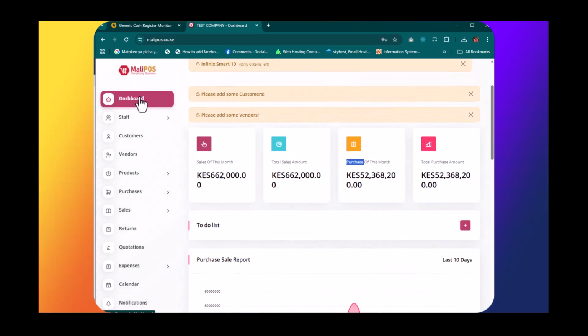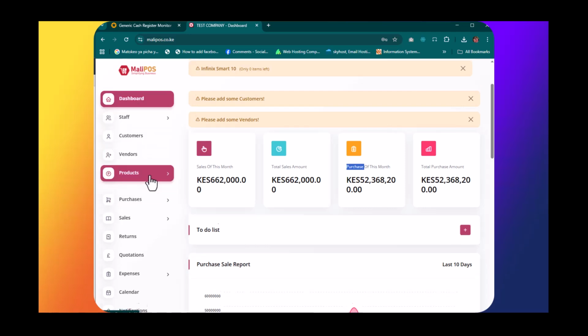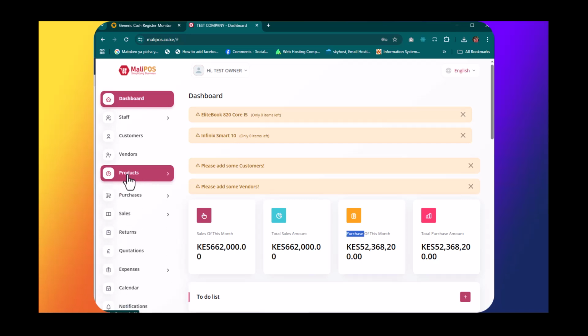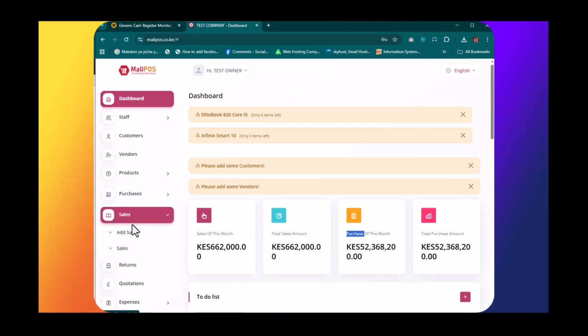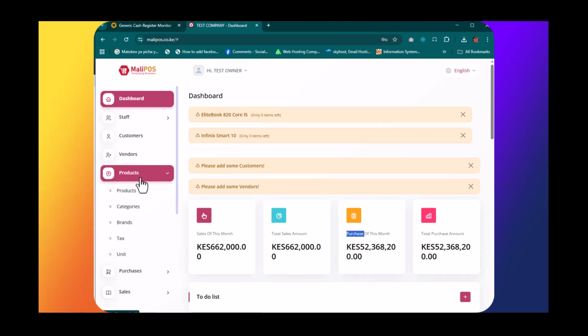So this video will cover the three most basic parts, that is adding products or product management, then stock, where we will be adding our stock, that is the purchases, and lastly the sales, that is the POS workflow. So let's begin. Let's say you've already set up your MaliPOS dashboard and you need to add products to the system. So you'll just come here to products,